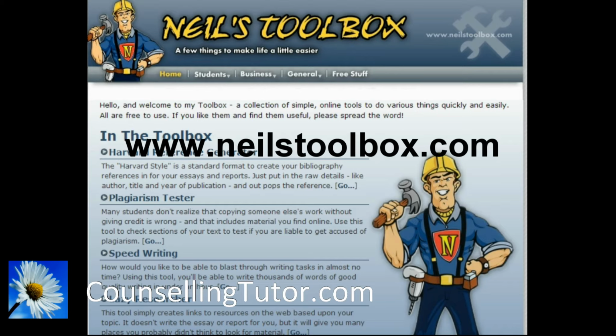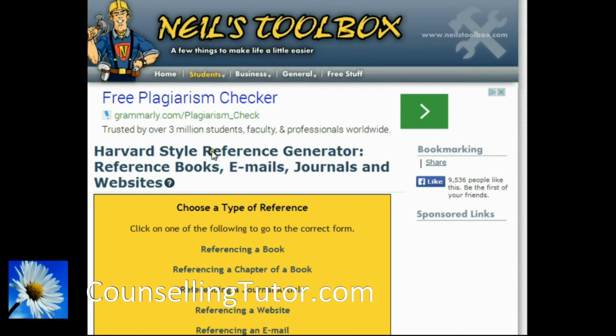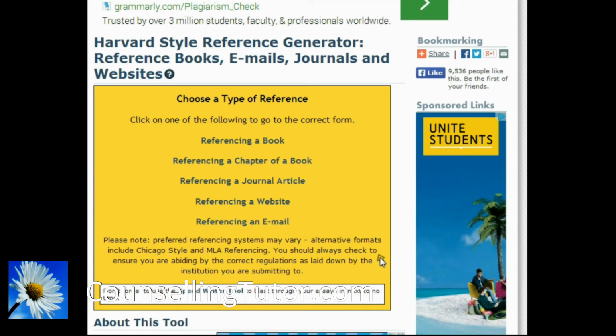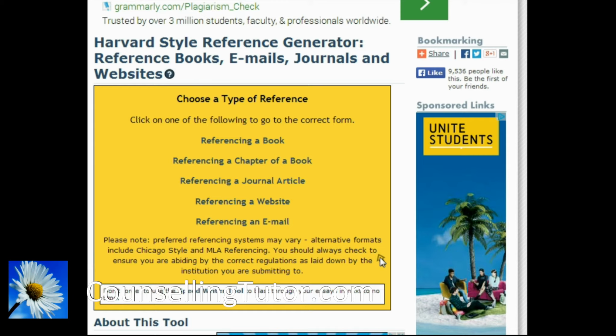And what we're interested in is there's quite a few bits of interesting things here. You could speed writing, lazy researcher, plagiarism tester. It's all free. It's really, really good. So what we're going to look at today, though, is really the Harvard referencing generator. So I'm going to click on that, and as you can see, I'll just move the page up. You can see you can reference quite a few different things. You've got referencing a book,